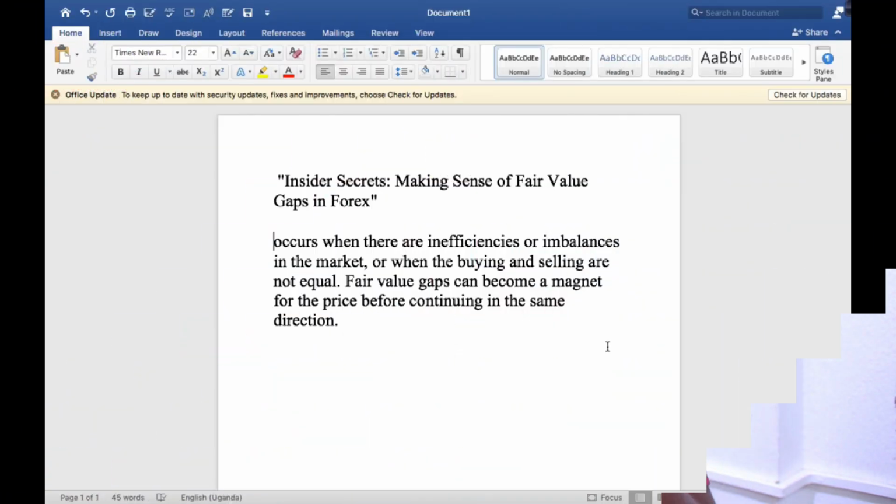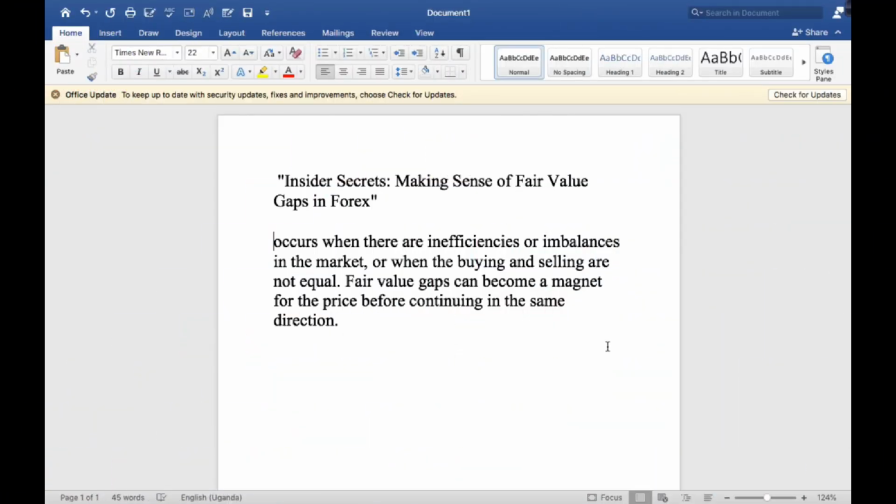So without any wastage of time, let's get directly onto the chart. We try to see how we can use the fair value gap. Well, thank you. As we get onto our PC, first and foremost, for those that don't know what a fair value gap is,